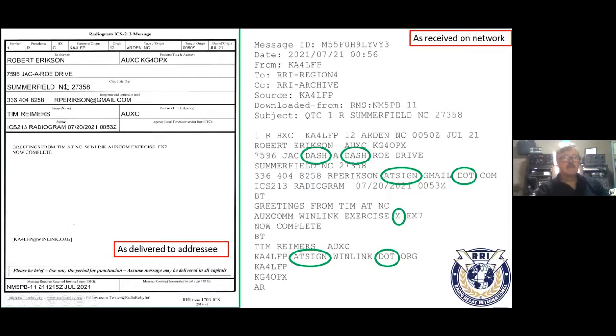So here's an example. Here's the message delivered on the left. Here's the message as originated in the system, okay? Here you can see the street is spelled out Jack-A-Row Drive. On the delivered form to the addressee, it's Jack-A-ROE, so Jack Row Drive, okay? Here you can see the X-ray is converted to a period. The "at" is converted to the @ sign, and "dot" is converted to the dot here,